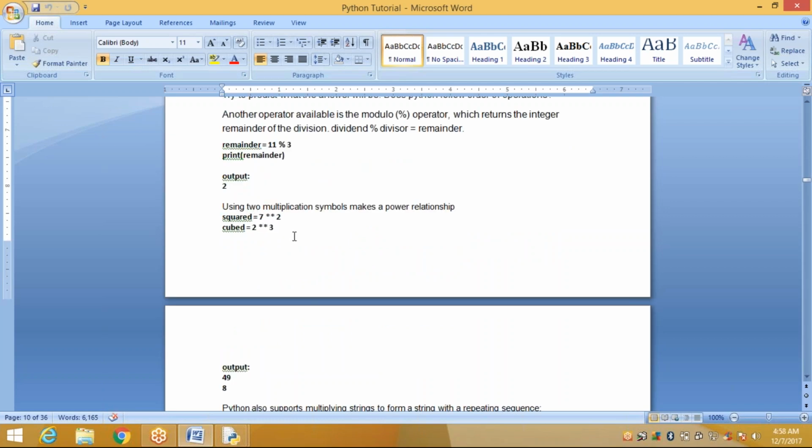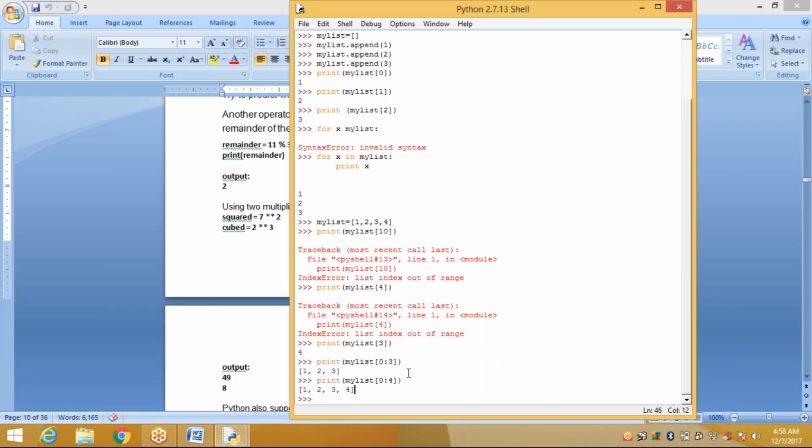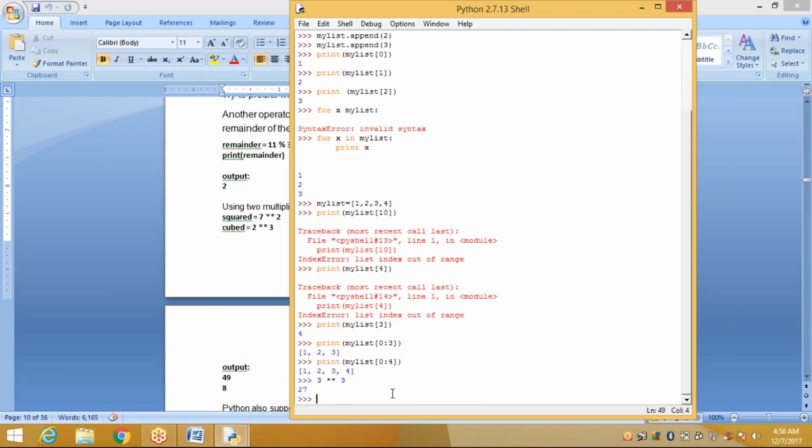Next, suppose you want to apply powers, how can you do it? Just write the value and two asterisks. Suppose 3 into 3 into 3, how much? 27. So it displays like this.